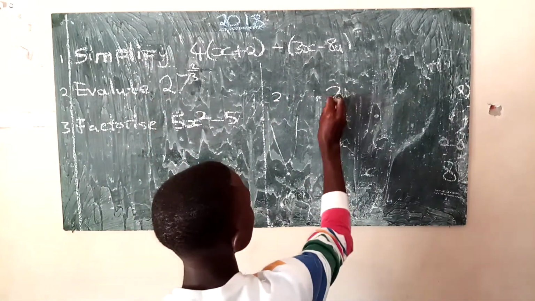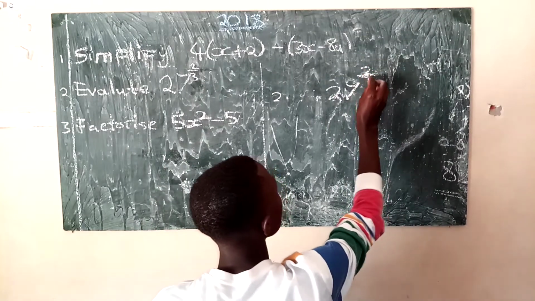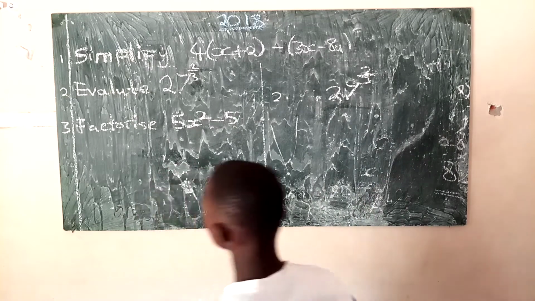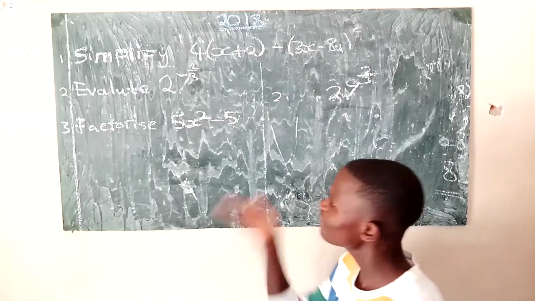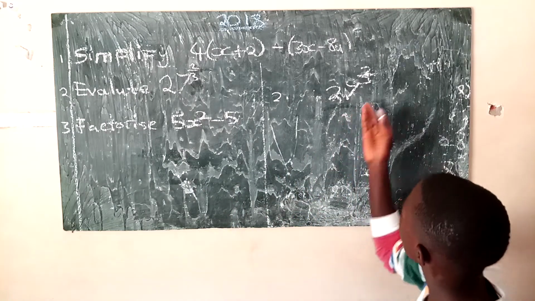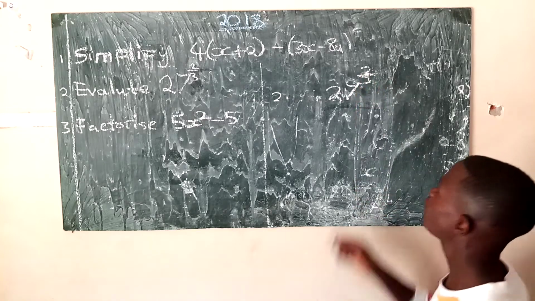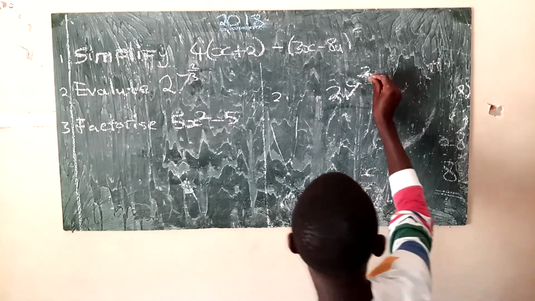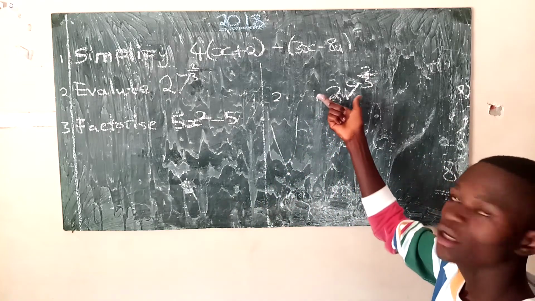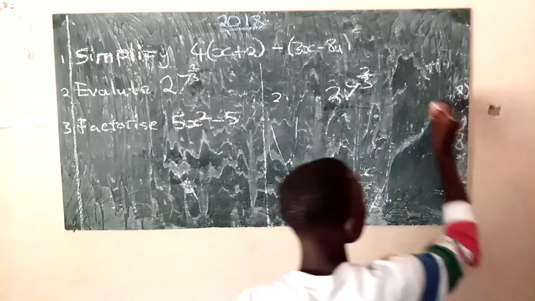We have to evaluate 27 to the power 2 over 3. That is the power. This question is coming from indices. Having understood the topic, you answer such a question, and the answer will be based on the denominator power here, which is 3. That means you can also make this 27 match the power which is here.